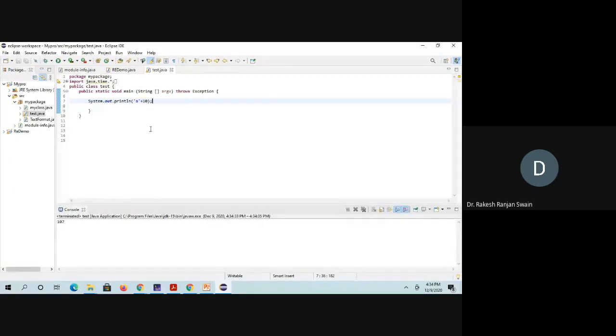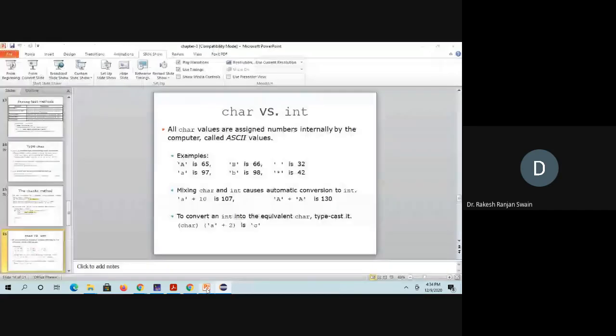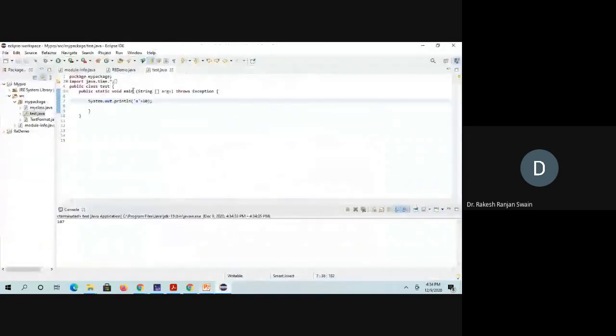So what is converted? 'a' is a character, but in the computer it is stored as an ASCII value. For the small a, the ASCII value is 97. So it is 97 plus 10, which gives 107. Whenever I mix a character with an integer, it automatically converts to an integer.